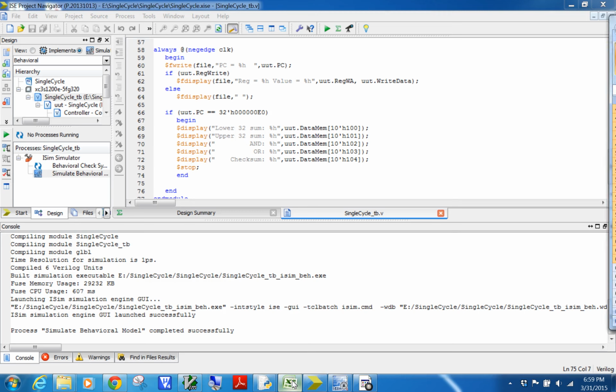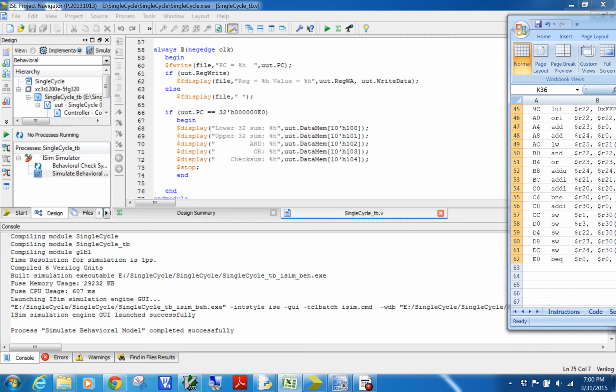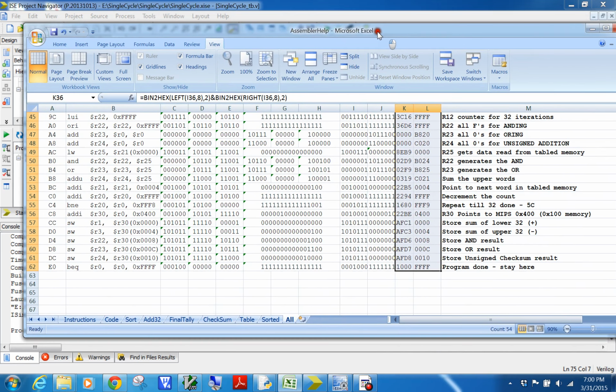That's why it was important to have, okay, so I know what's going on. I've got my other screen connected. So what I want to show you is my sample code that I put together for writing my code and then generating the machine code. So here is my assembler help file,